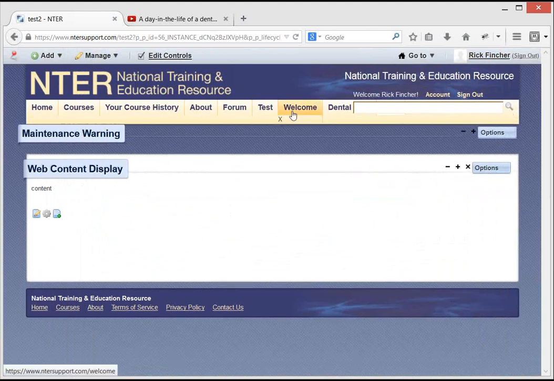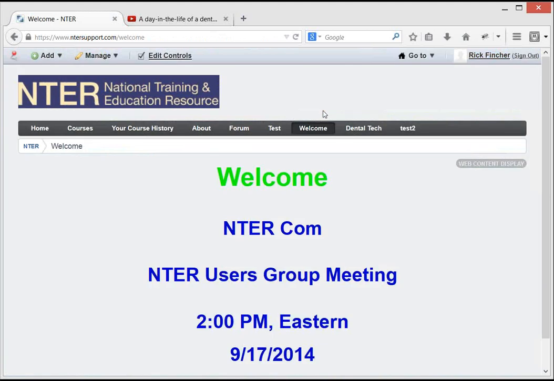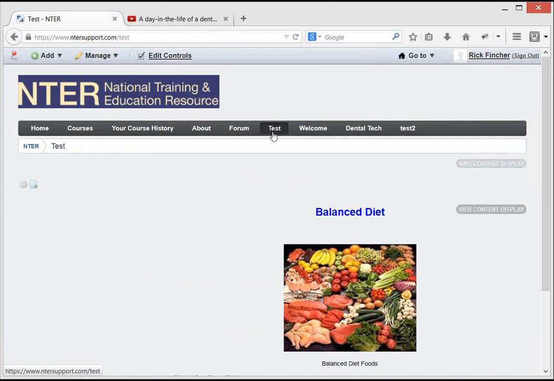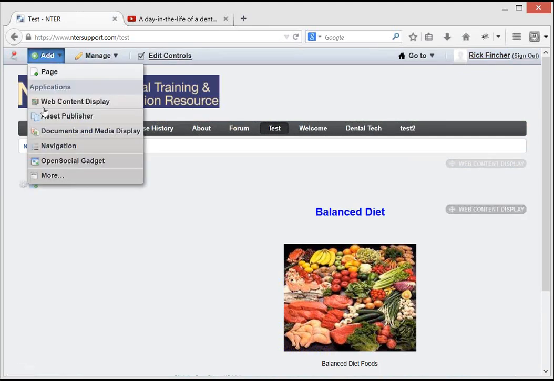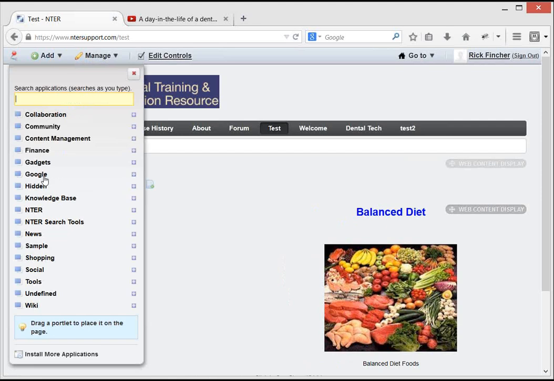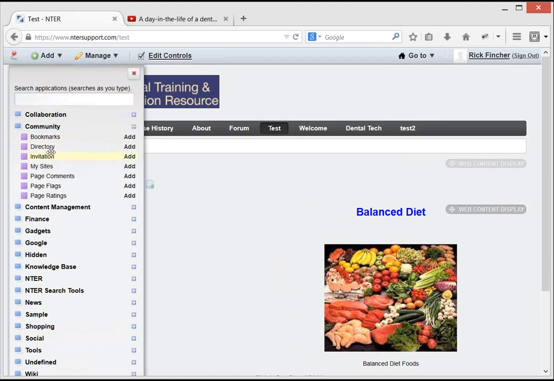Okay, well, we're kind of running short of time here, so that's just a very quick and dirty intro to the things that you can do. Let me go through the list here again. I want to click More and show you all of the various types of things that you can do. The community one is interesting. You can do directories,